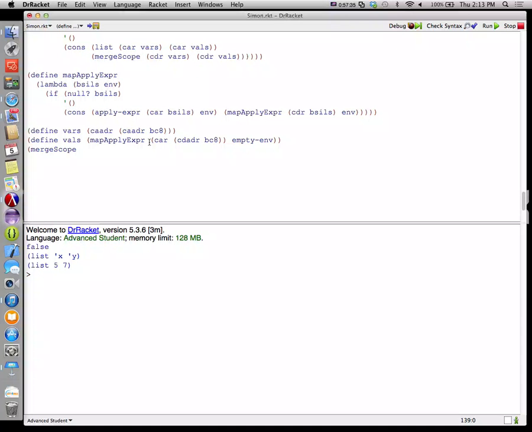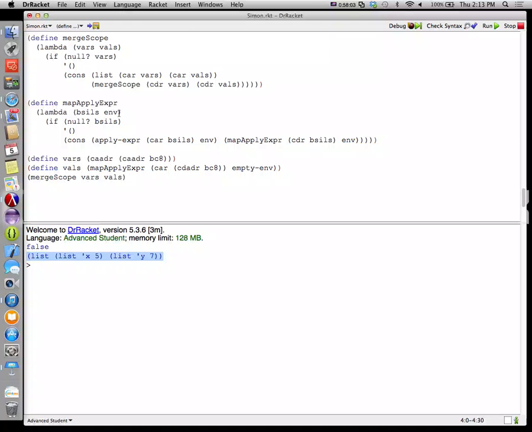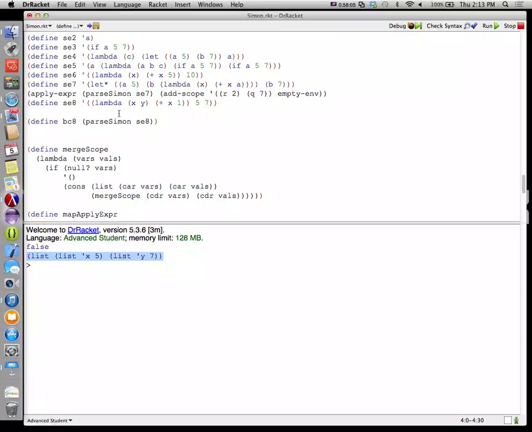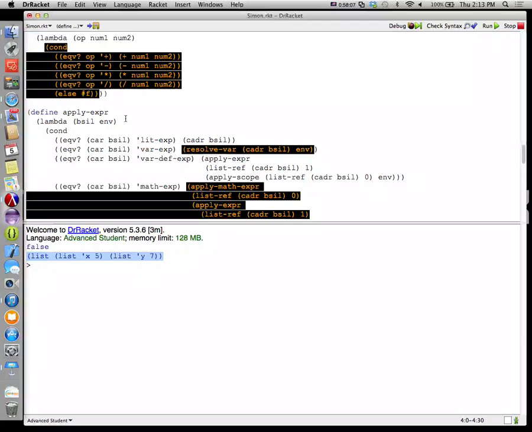Okay. Then we can call merge scope on vars and vals. And that gets us our list containing x5 and y7. So these are all the tools that we need in order to build our environment with our app expression, correct? All right, well, let's go into our